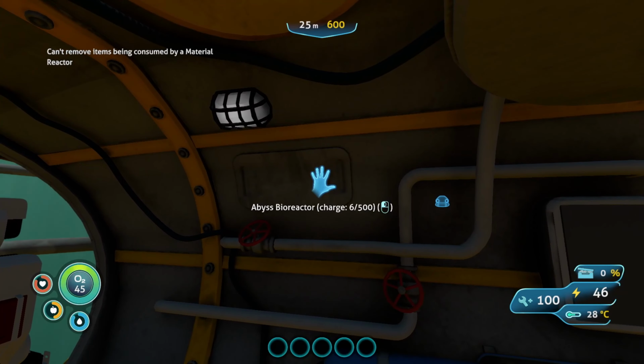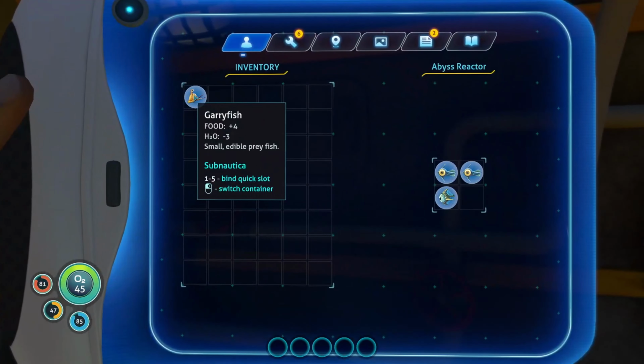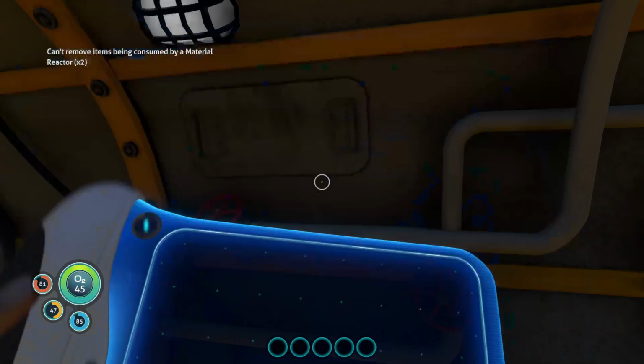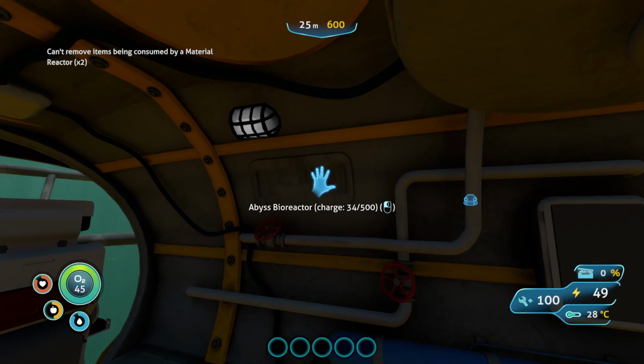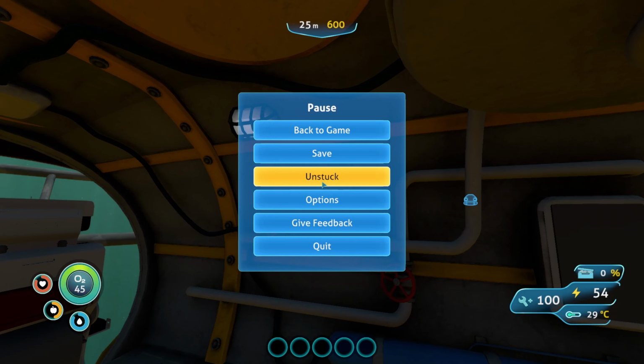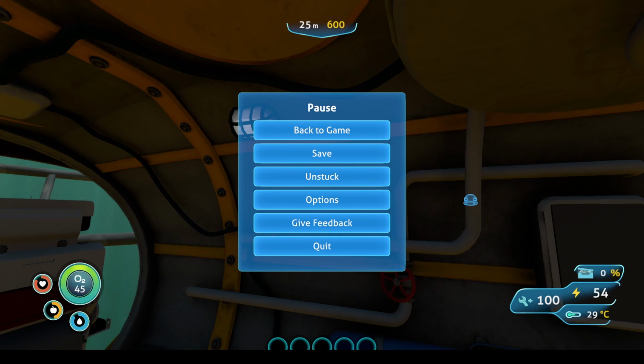And if I look at this, its charge is going up, of course. I can add several more of them, can't take them out. The charge is going up much faster. So it's really as simple as that. It handles save and load and everything. It works as you would expect. This time I set it up to work as a bioreactor, but I'd like to show just briefly how